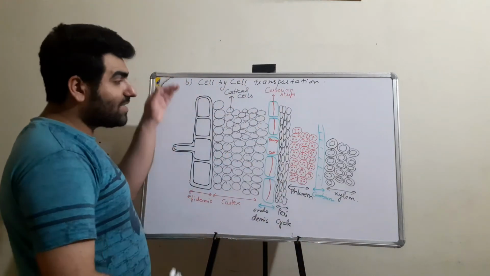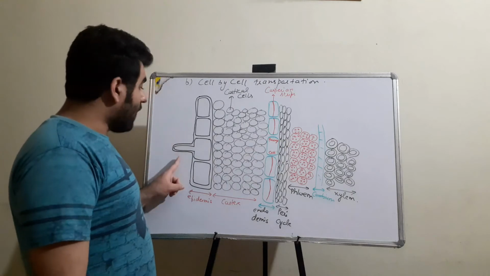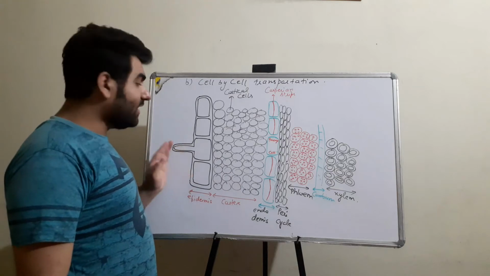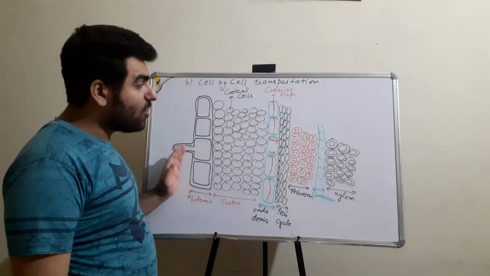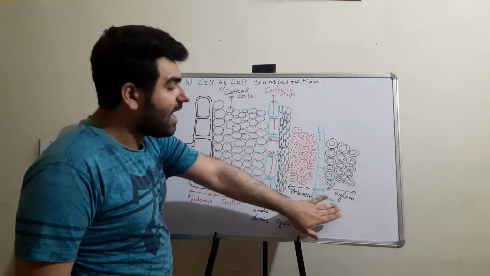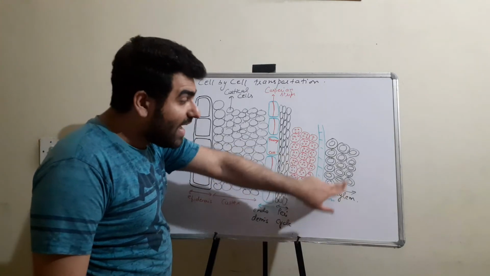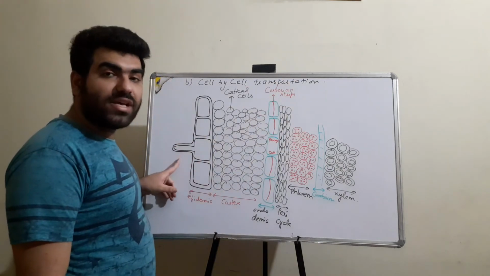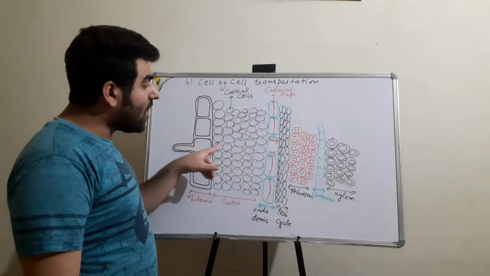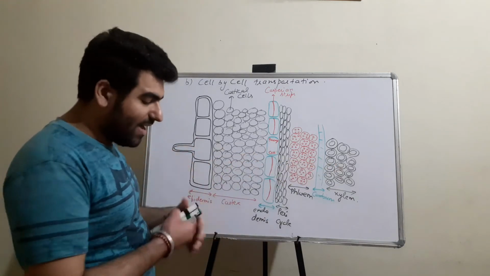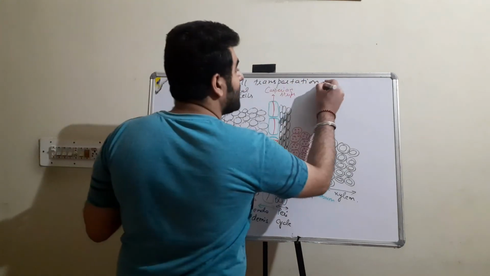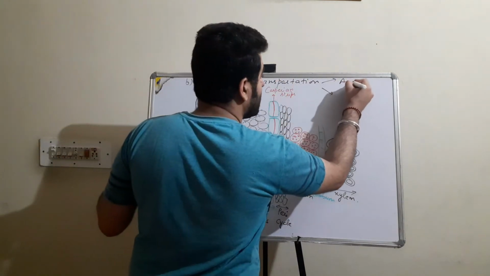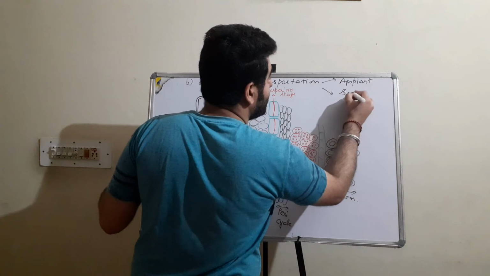Alright, so this is how the entire system is, from the root hair till the inner tissue of the xylem. The water has entered this layer only, that is the epidermis. Now we'll see how it will pass these cells and how it will reach the tissue xylem. Then from this xylem there will be the ascent of sap. Till now we just know that the roots have absorbed the water and have become turgid. Now we'll see how it is going to be transported cell by cell. So this cell by cell transportation occurs in two parts. One is the apoplast and the other is the symplast.